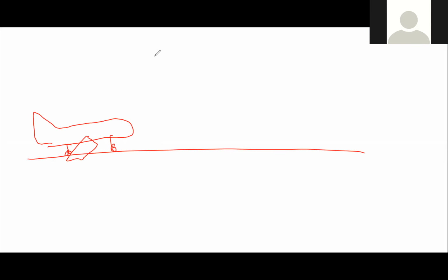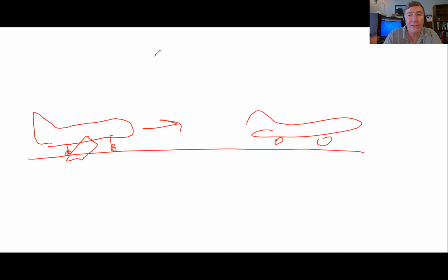How about this? Let's say that we have an airplane. Oh, that's a terrible, terrible airplane. Okay, so let's try that again. Oh, that's not much better, but anyway. Okay, so here's the airplane and it's sitting on the runway at rest. And so then it starts moving, and then at some point later, so here's the airplane later, let's say that